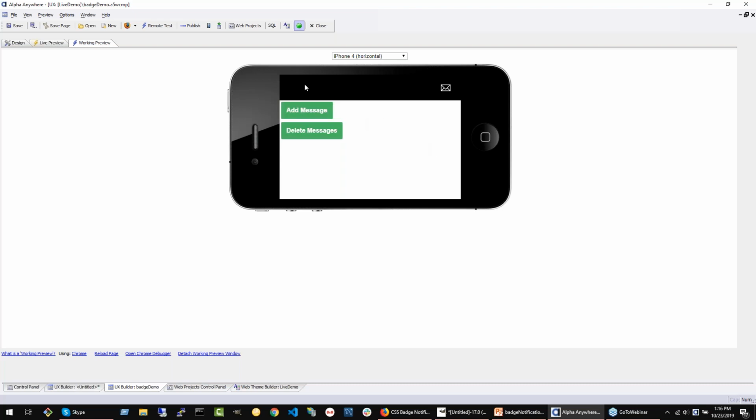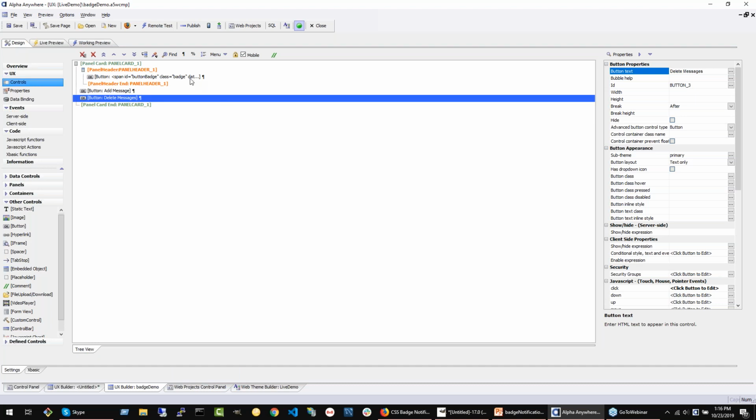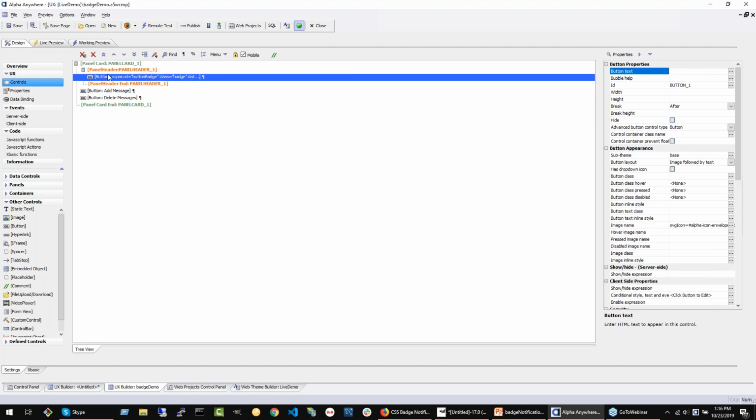But I added these two buttons to show how you could do a really interactive badge. So this one adds the message, so pretending like messages are coming in or something like that. Every time I click it, it increments this badge value by 1. And then delete clears it out to 0. And we'll take a look at that